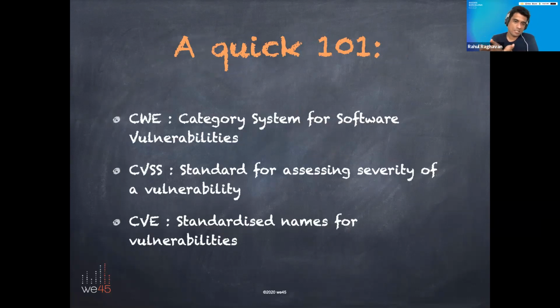And this really is a system for categorizing software vulnerabilities. It has over 600 categories, including specific categories for buffer overflows, path directory traversals, race conditions, cross-site scripting, hard-coded passwords, insecure random numbers, and so on and so forth. So every time you find a vulnerability, that vulnerability will be categorized under a particular bucket, and that bucket is